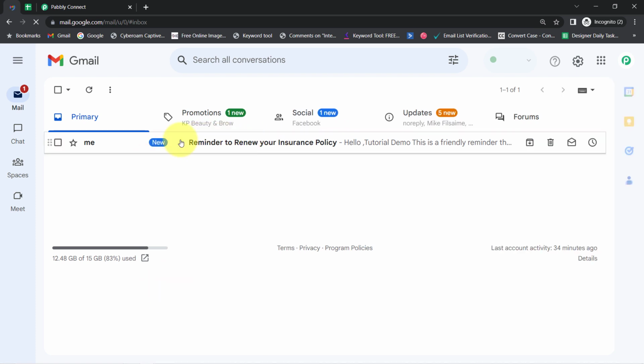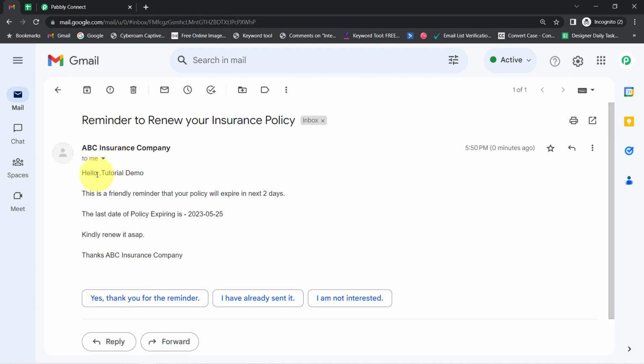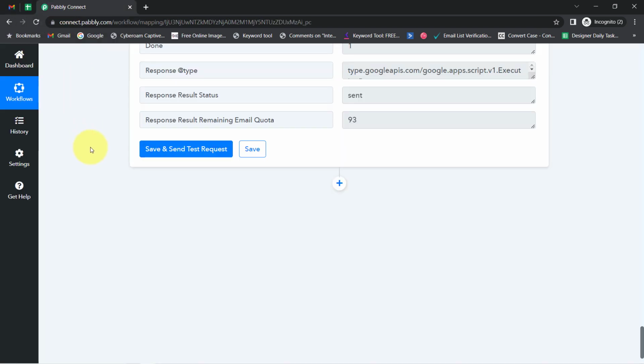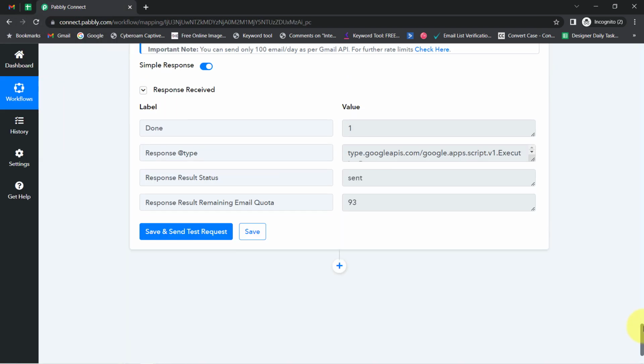And here you can notice the email has arrived, and it has the same subject line, that is, reminder to renew your insurance policy. Hello tutorial demo. I think I have placed the comma at an incorrect place. Don't worry, I will correct it. This is a friendly reminder that your policy will expire in the next 2 days. The last date of policy expiring is this. Kindly renew it as soon as possible. Thanks, ABC Insurance Company. Okay, so this is how, from now onwards, every time you want to send reminder emails